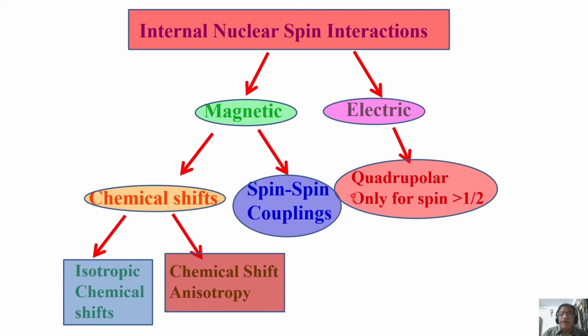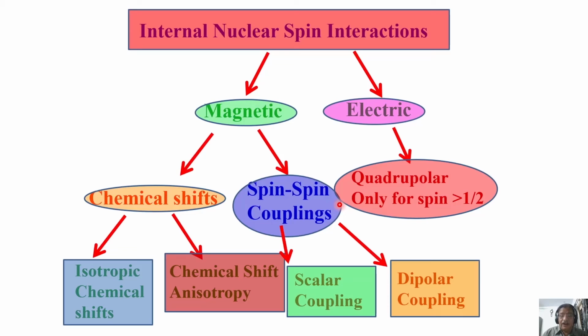And then similarly, spin-spin coupling can be further classified into scalar coupling and dipolar coupling. I already told you the scalar coupling is one which is mediated through covalent bonds, whereas dipolar coupling is a through-space interaction. Strictly, if you analyze further, the scalar coupling also has an isotropic part and an anisotropic part. It is the isotropic J coupling, and also J anisotropy is there. I'm not classifying further, it will become too complicated for you at this stage. You don't have to worry.